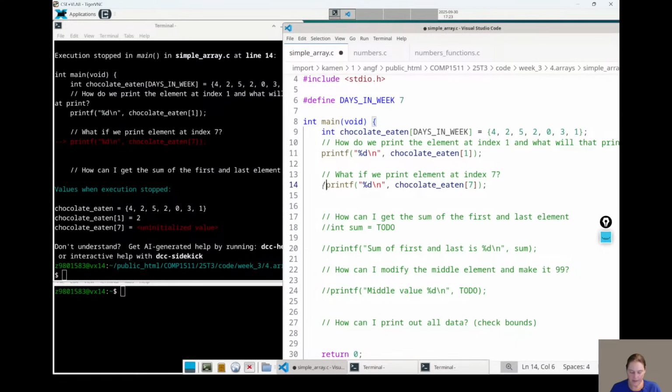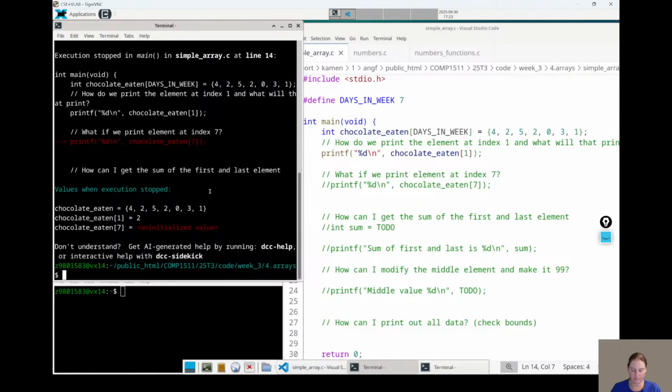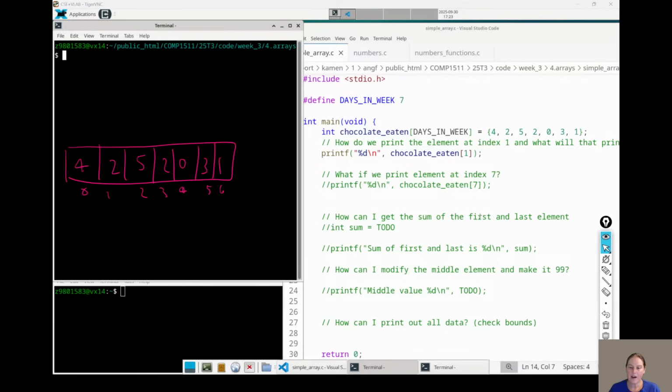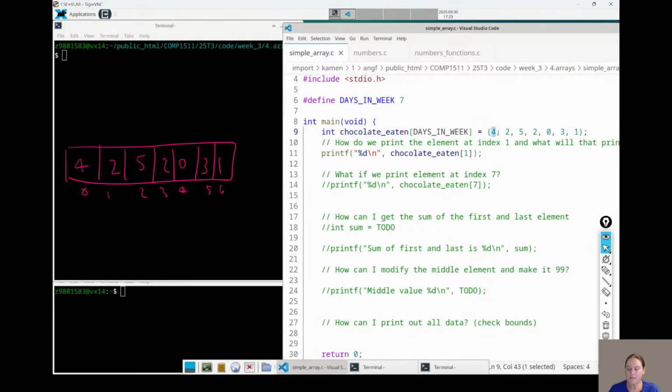So let's comment that out because we don't want our program to keep crashing. Now imagine I wanted to just get the first element in the array and the last one and add them together. How would I do that?